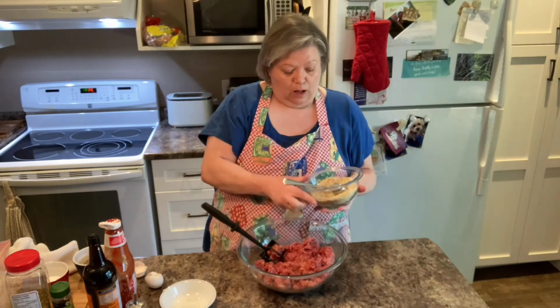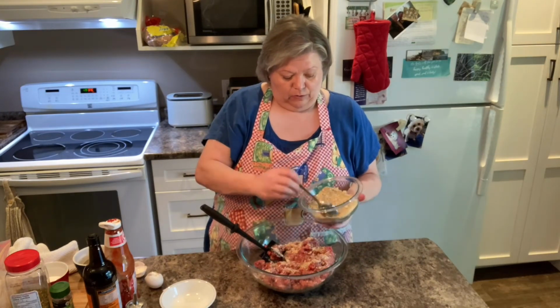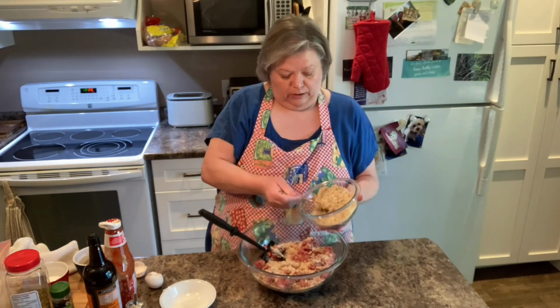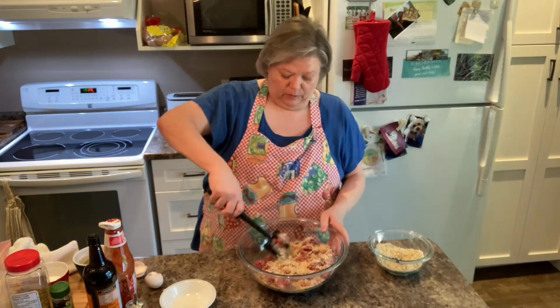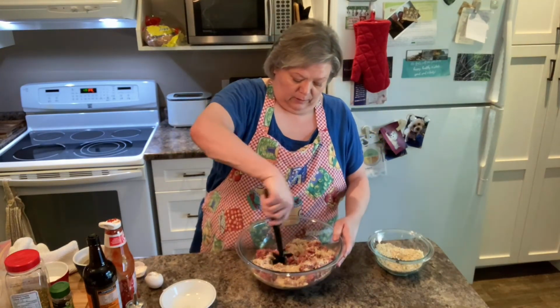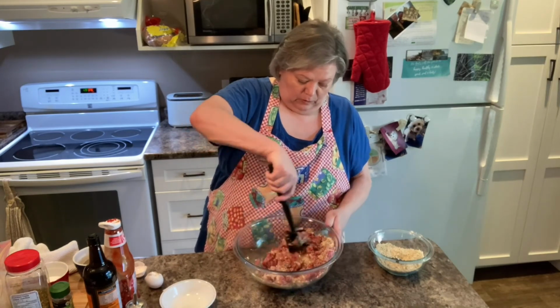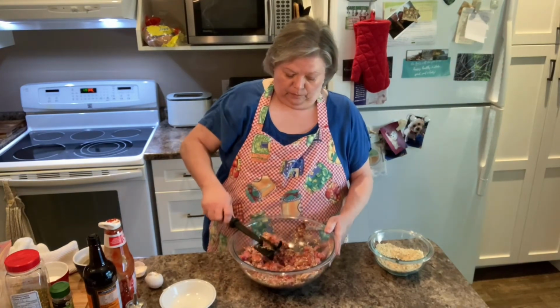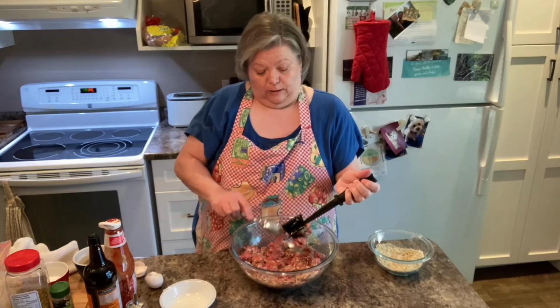Sprinkle all over our dry mixture so that we know it gets evenly distributed. Now we're going to mix that up a little bit, and then we're going to put the rest in. There we go. I'm going to use that spoon for a minute just to get the bits of meat out